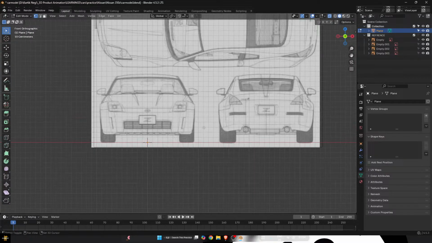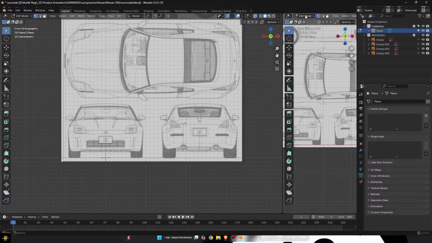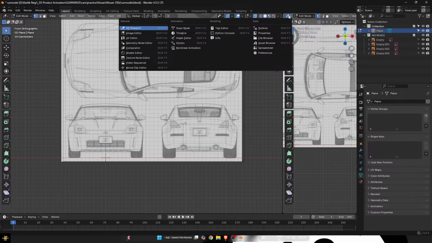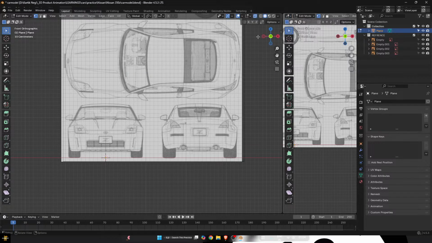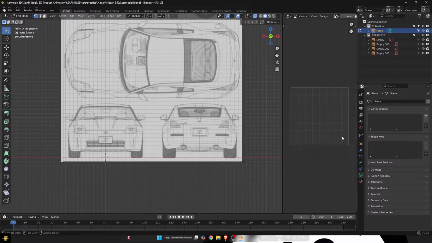So before we start modeling it, I want to make a reference image for that, and we'll go into this option over here, and there are many of the places we can just access it as. So we are going to go into image editor, and this is the place where we'll be able to see the image. Scroll down, go to open, and here are some of the reference images which I took out before just starting the project. And because we are going to start with the bonnet part first,